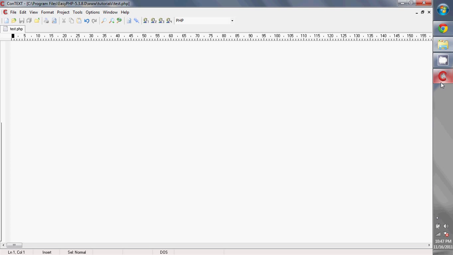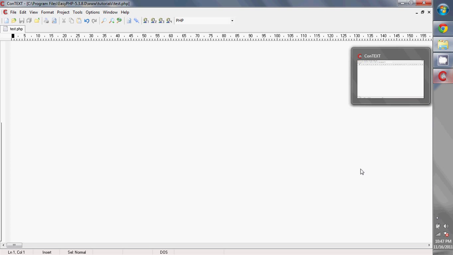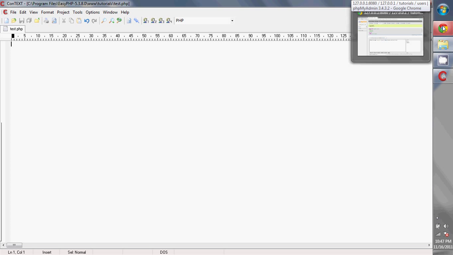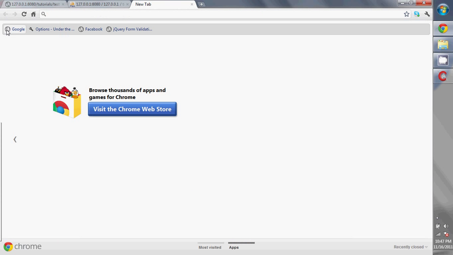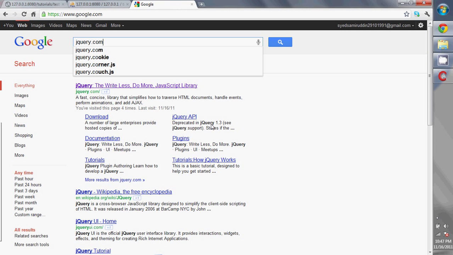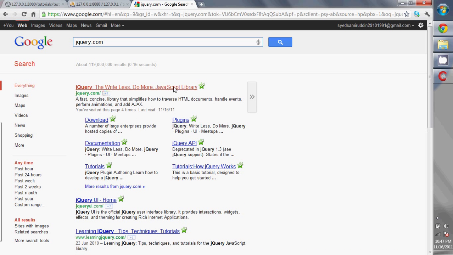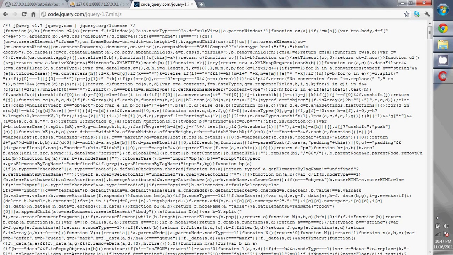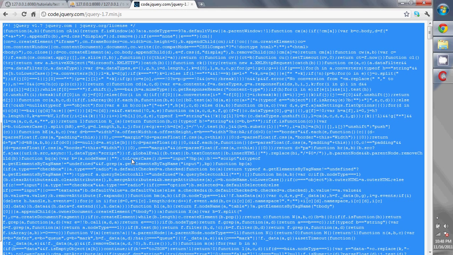Anyways, for anything in jQuery to work, you have to first download a file from jquery.com by going to Google, jquery.com, go to the website, click on the download button here, and you'll get this page. Control A to select everything, copy everything,